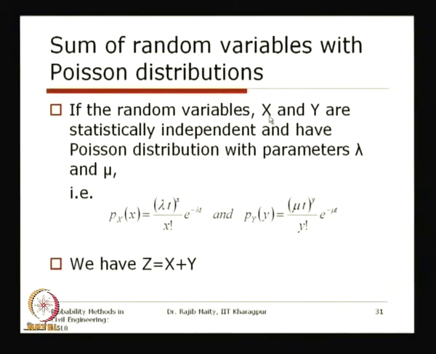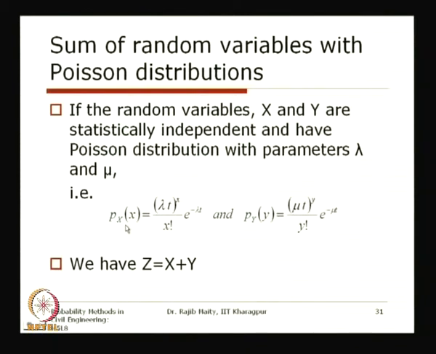First of all, we take the case where both random variables follow the same Poisson distribution, though they might have different parameters, but the distribution nature is the same. If the random variables X and Y are statistically independent and have Poisson distributions with parameters lambda and mu,